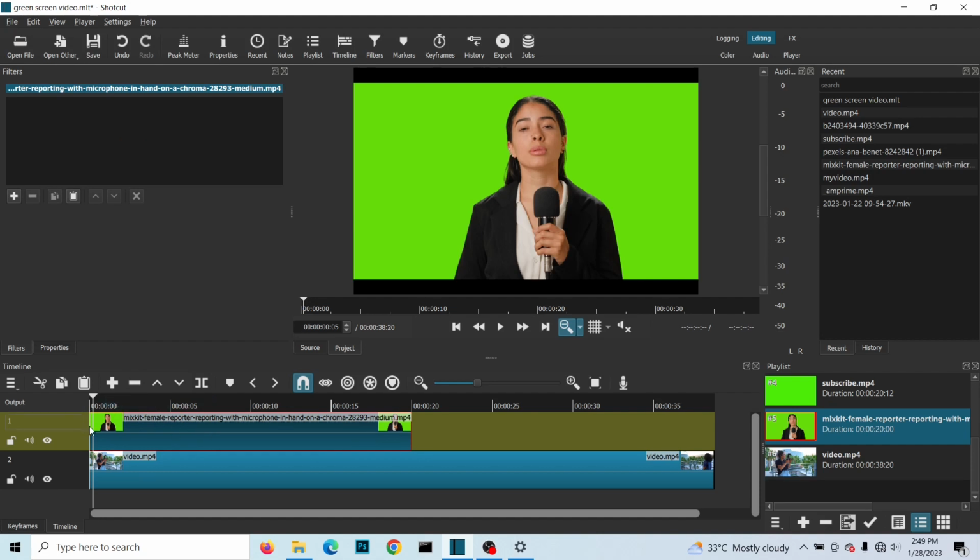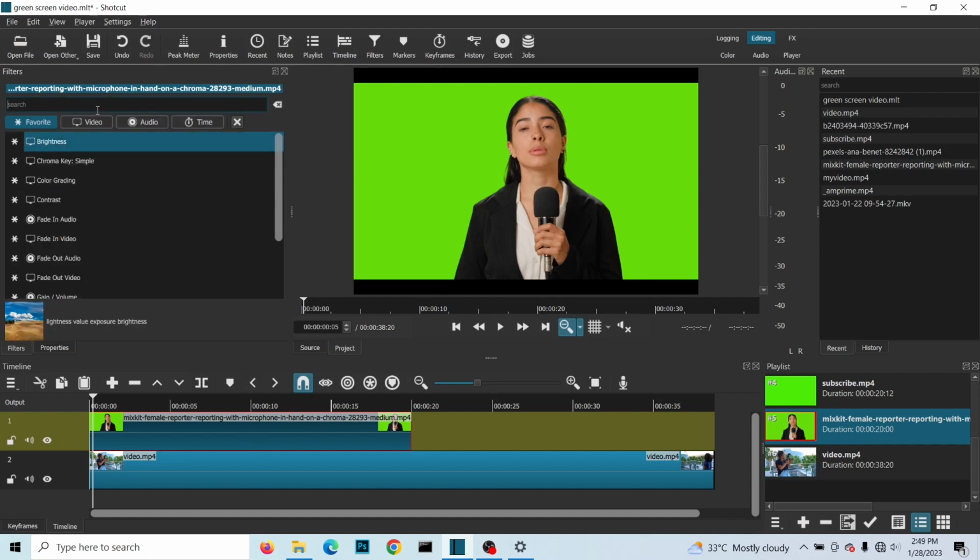As you can see here, it's outlined red. This video on the upper timeline is highlighted red, so it means I picked that video. So any filter I pick now will affect this upper timeline video. Now you can see the plus sign is highlighted, and when you click on that, you can search for a filter known as chroma